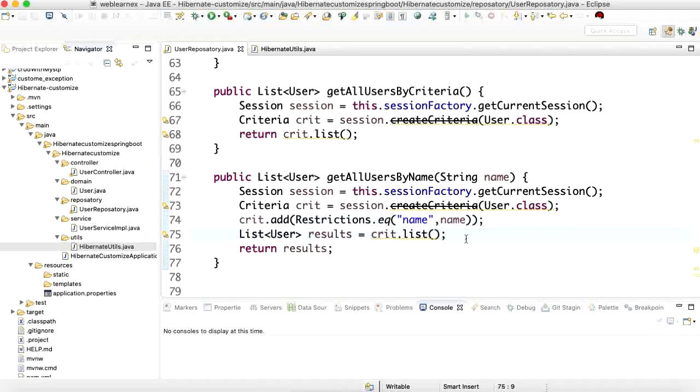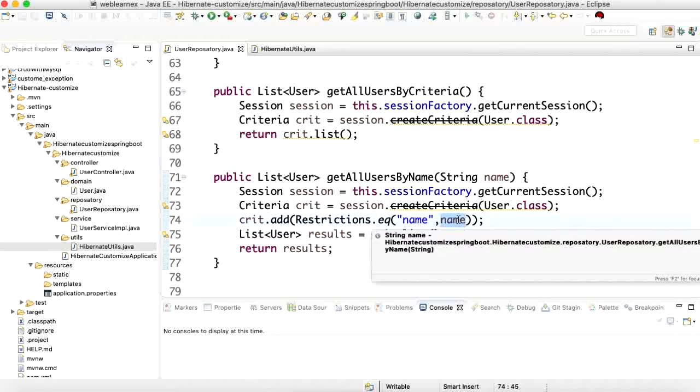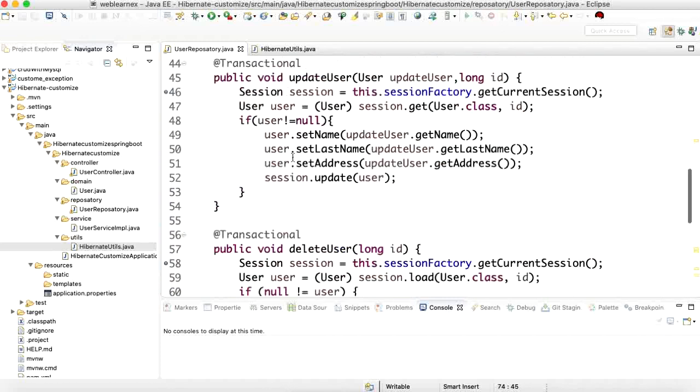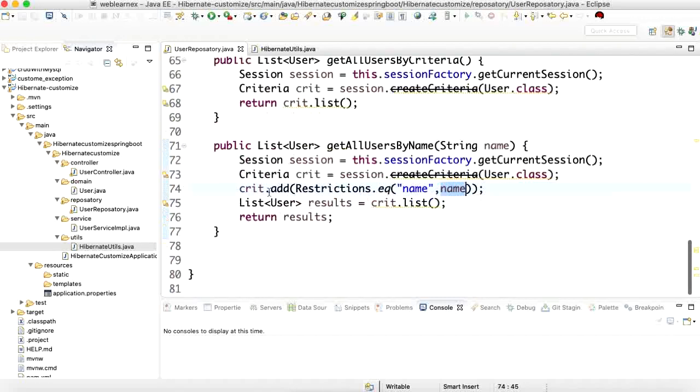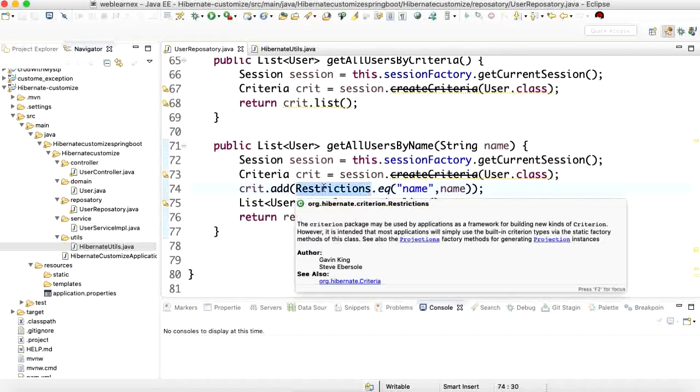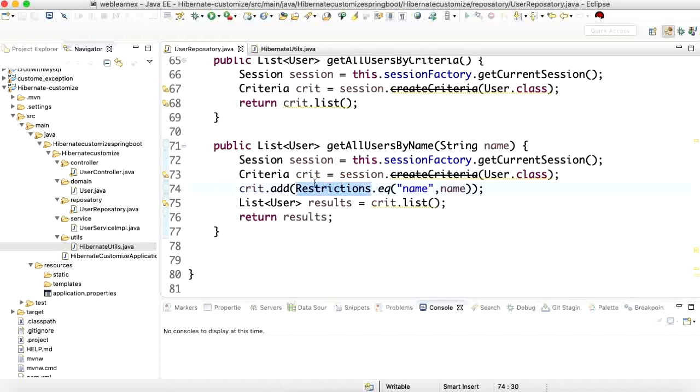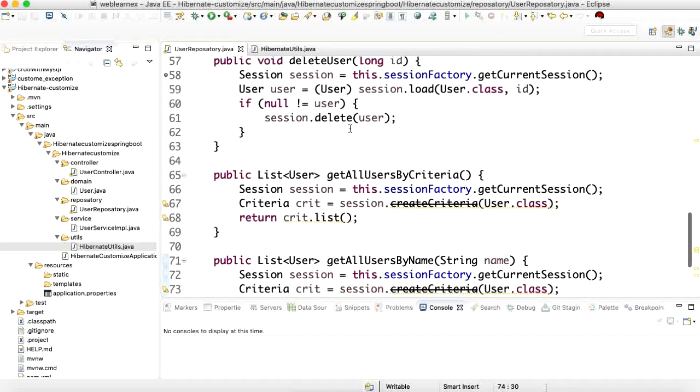It will return the whole list with the same name as the given name. So I'm demonstrating this query. Similarly, we can use criterions, pagination, and pageable. There are a number of predefined custom queries, and in a similar manner we can pass them.